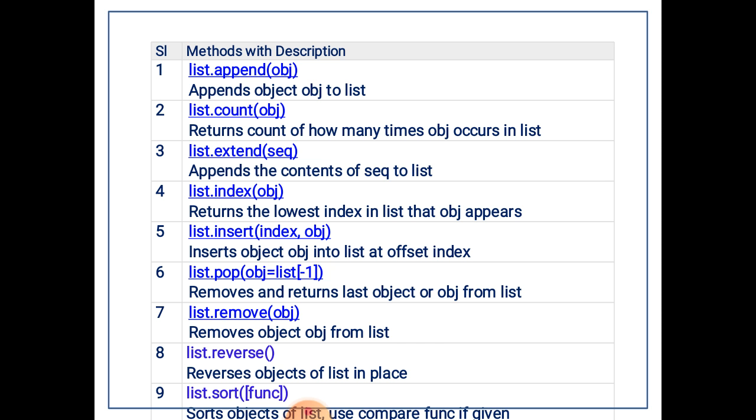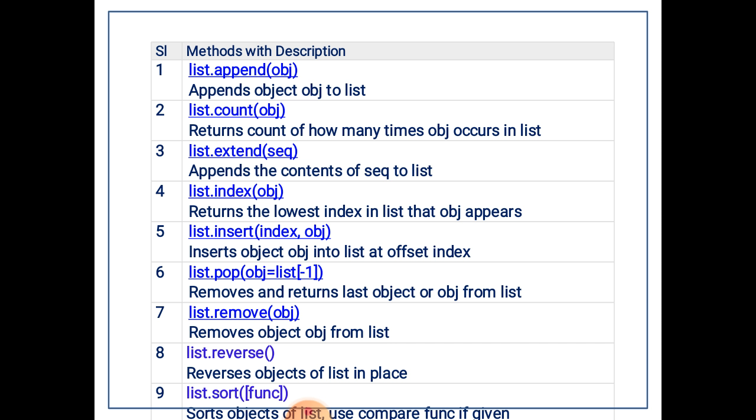So all the elements in the list can be reversed here. Now coming to list.sort, the elements in the list can be sorted using the function list.sort. The function is used to compare here.